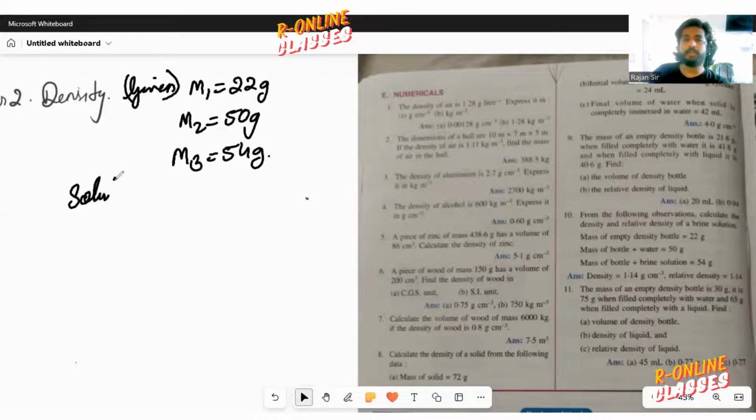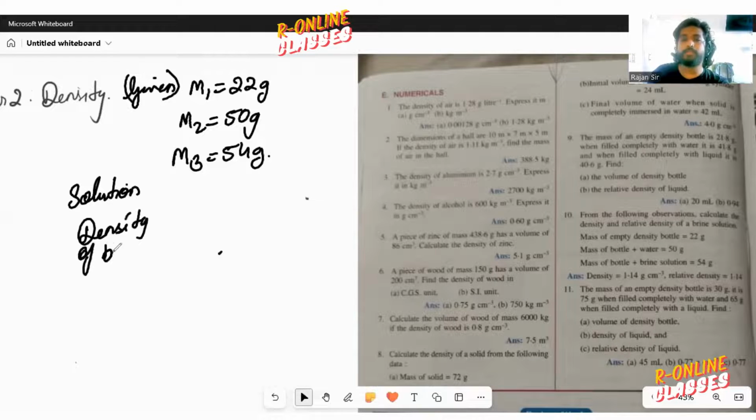So first of all, we'll find the mass. So we have the mass of water. I think they're not asking us to find the density of the bottle, so we can directly switch. From the following, calculate the density and relative density of a brine solution. So directly we can go for density